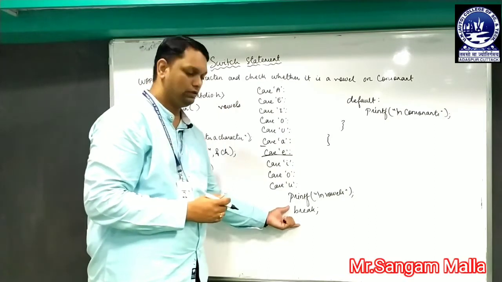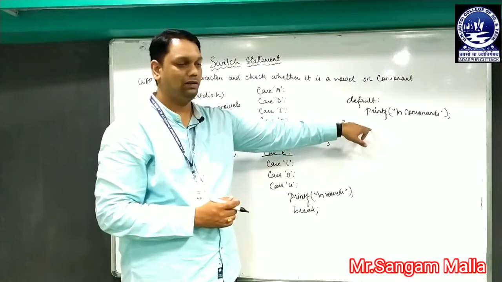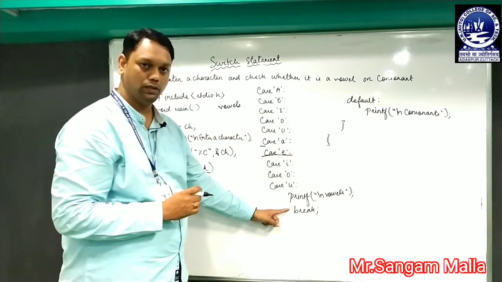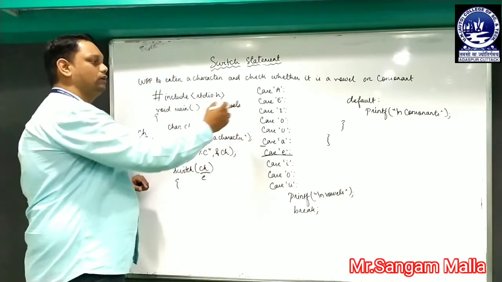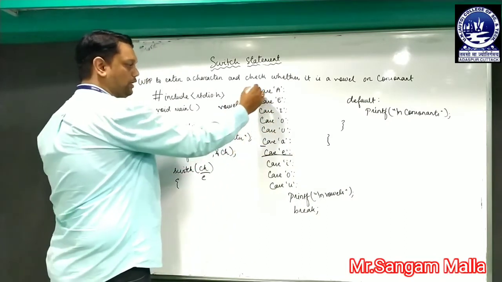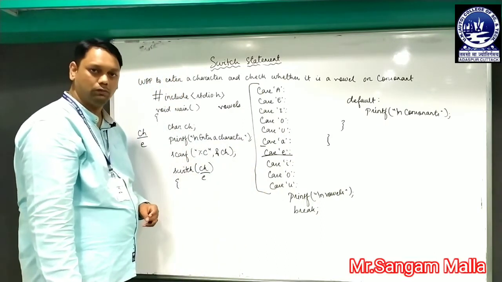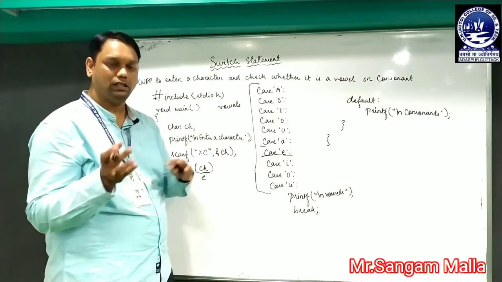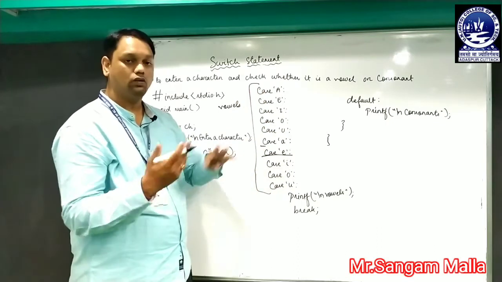And after that we have written the break statement. If you omit the break statement, then it will enter the default also and it will print vowel consonant. So the break statement is actually very important. If any of the conditions are satisfied, that means we give AEIOU in capital letters or aeiou in small letters, then it will enter the block and print vowel. And as we know, there are only two types of characters, either vowels or consonants. So these are the only vowels and the rest are all consonants.